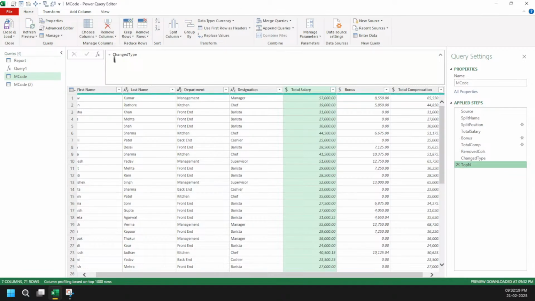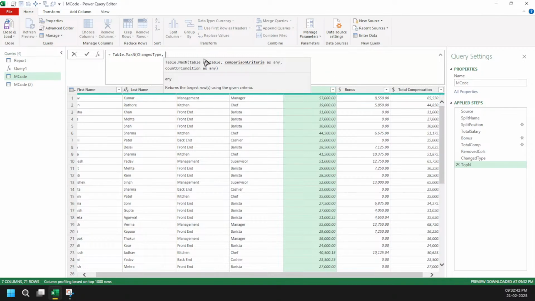Got it? So here I will come here. Is there a maximum value? Yeah, there is a maximum value, and I can put how many values I want. The only thing tricky here is what to use. Because we are working in a table approach, I am going to use the Table.MaxN function.